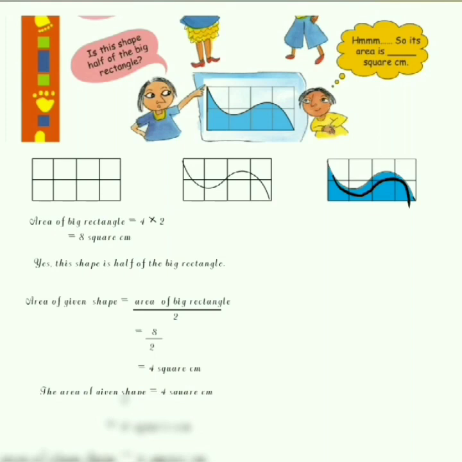Are you getting it or not? These two types of questions are given from the figure, and we have to understand the figure first of all, and then we have to solve it by method. But in the first one, area of given shape was given, meaning area of rectangle was given, but in this we have to find out area of rectangle also, and then we have to divide it by 2 to find out this colored shape. Getting it or not? Okay.